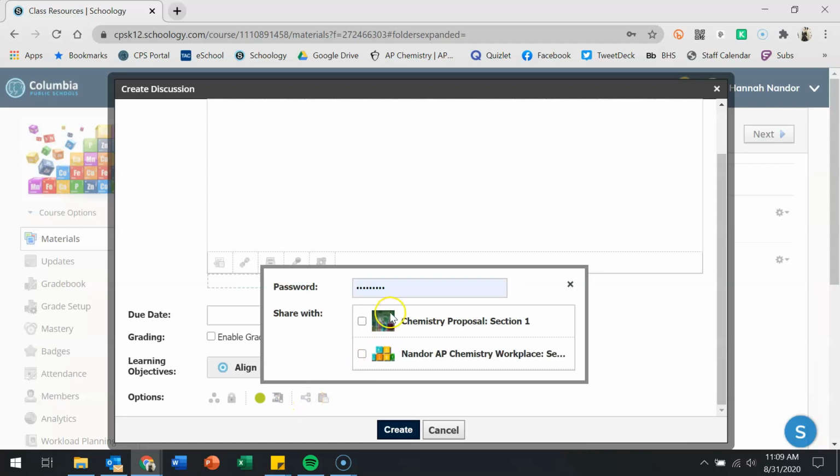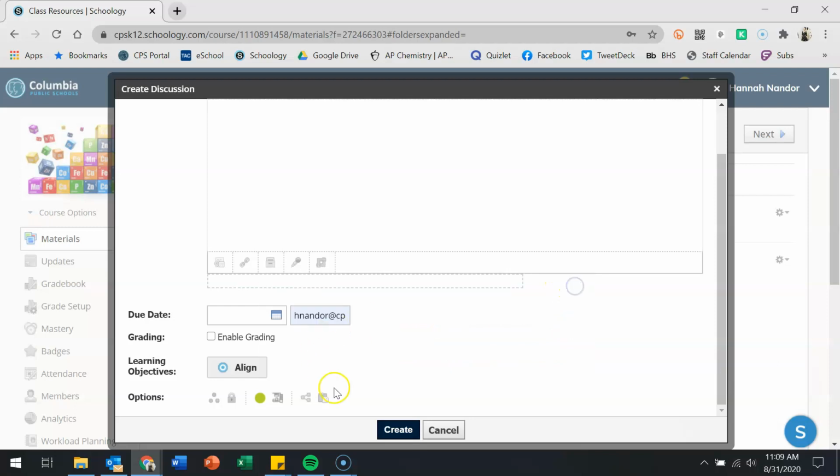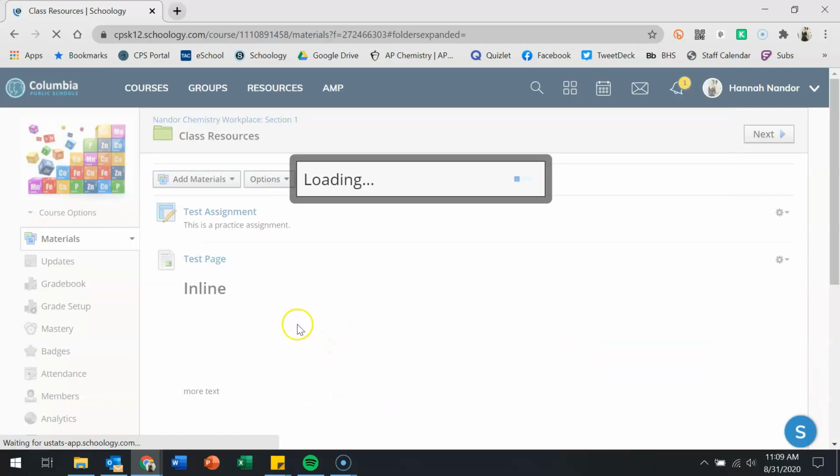You can share a discussion between different courses. I have never done that, but you can. And then you can also copy to a course. So when you create a discussion board,